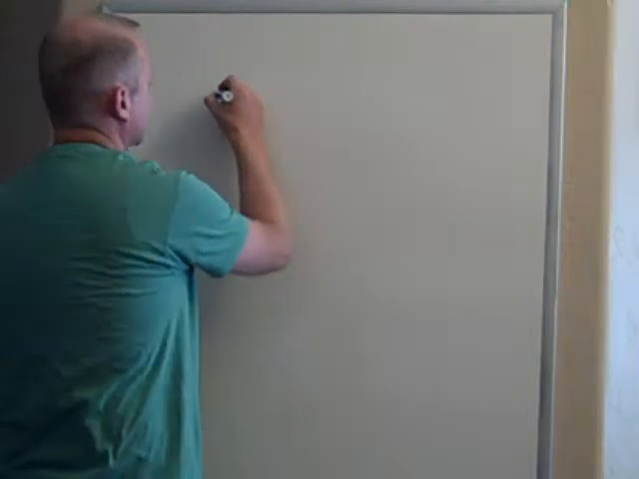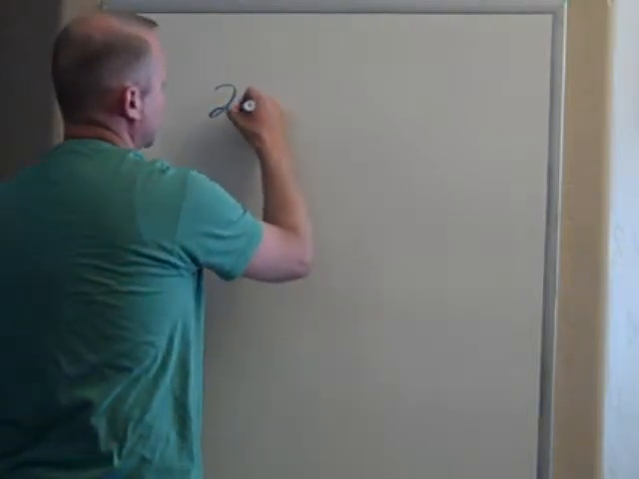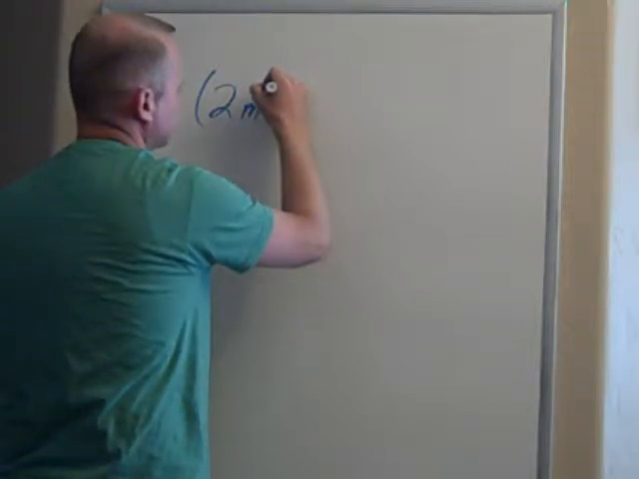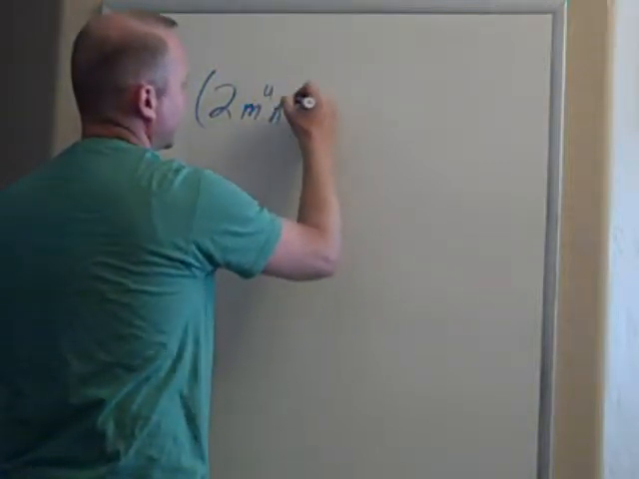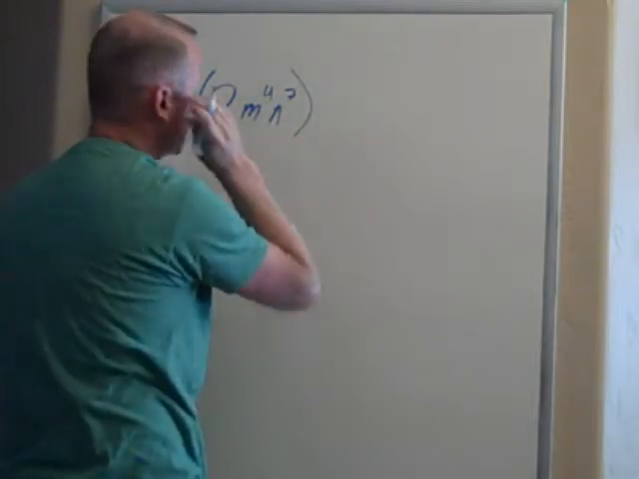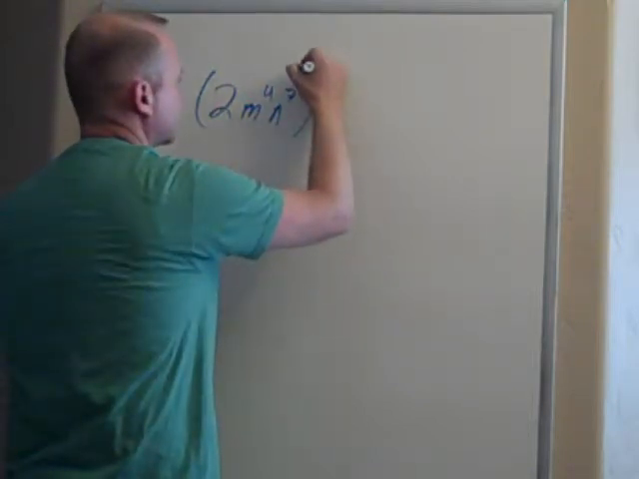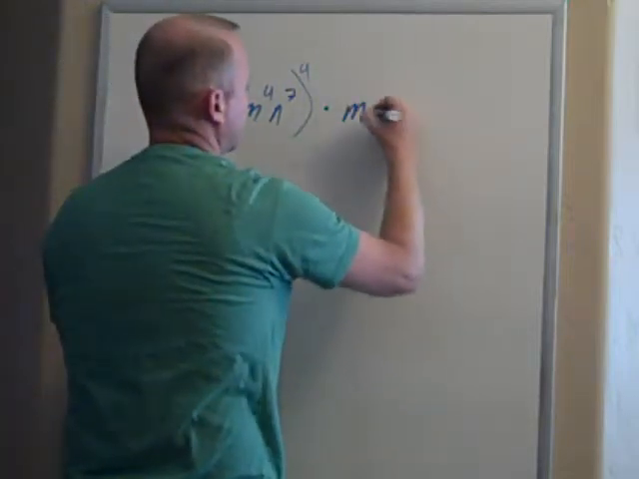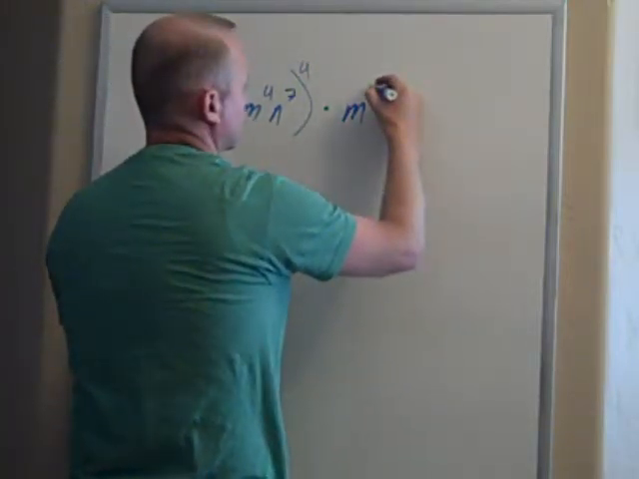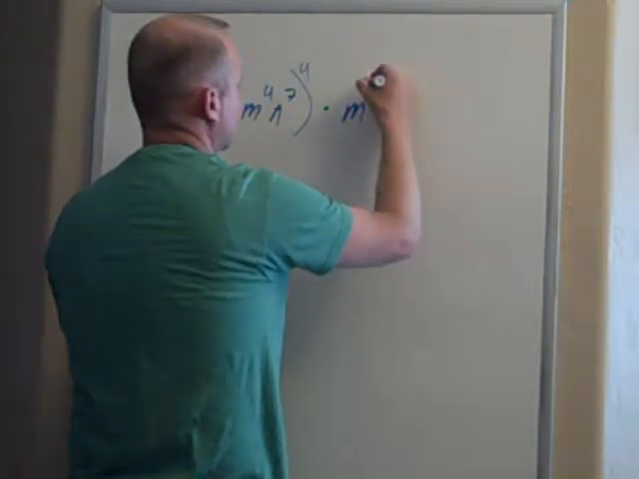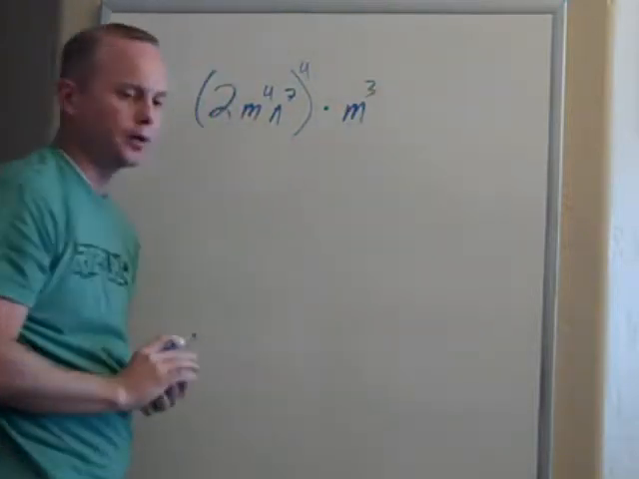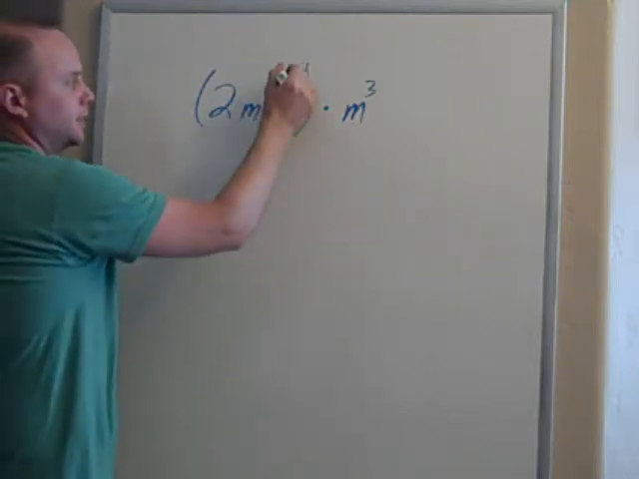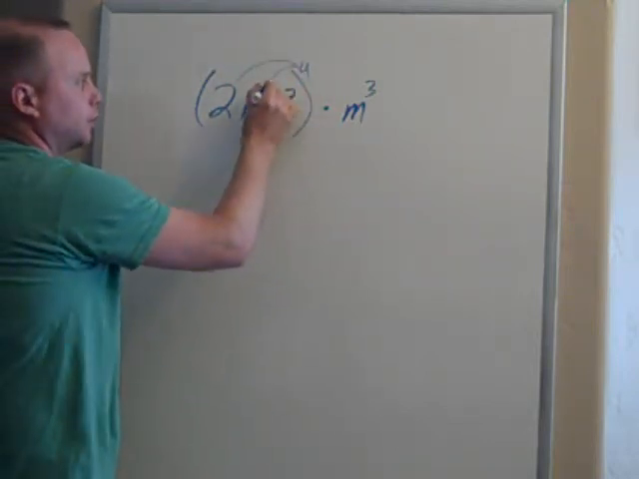We'll write this one as 2m to the 4th n to the 7th. And let's go ahead and raise that one to the 4th power times m to the 3rd power. Okay, first thing I do is I distribute this 4 to every one of those guys